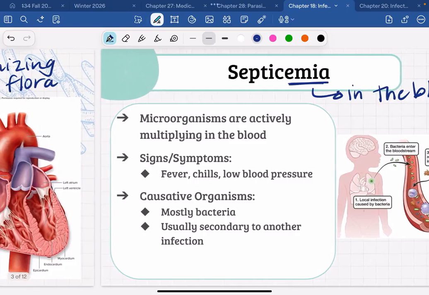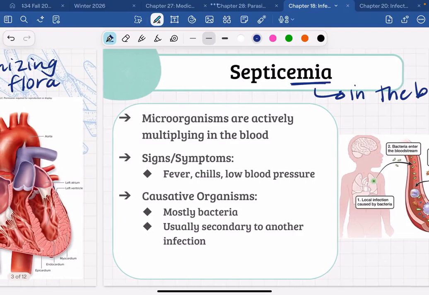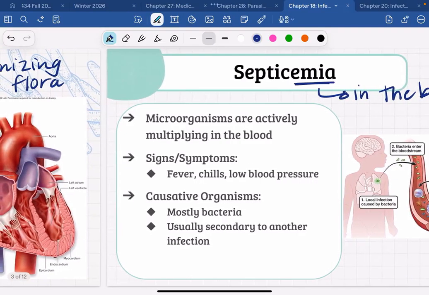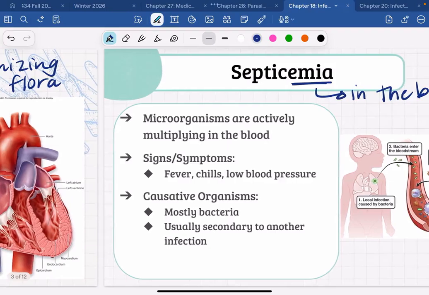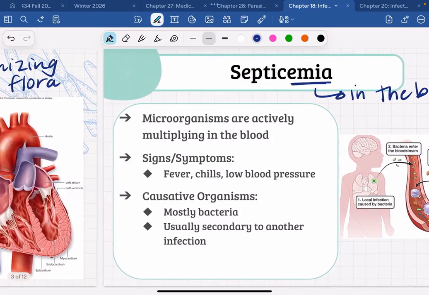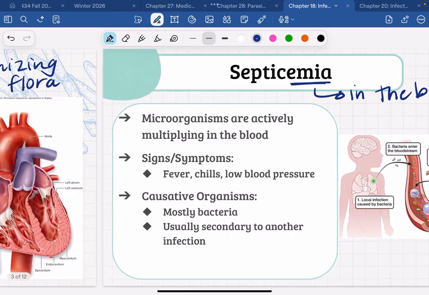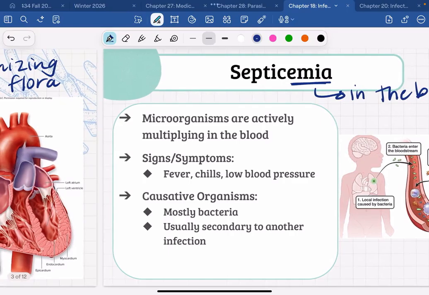The biggest signs and symptoms of septicemia are fever and chills. Those are the biggest early ones, and just generally feeling like garbage. So a person who has septicemia will have this global, terrible feeling. Every part of their body will hurt. They can have joint aches and pains. They have a debilitating fever, chills that won't stop, and just the idea their entire body is sick.